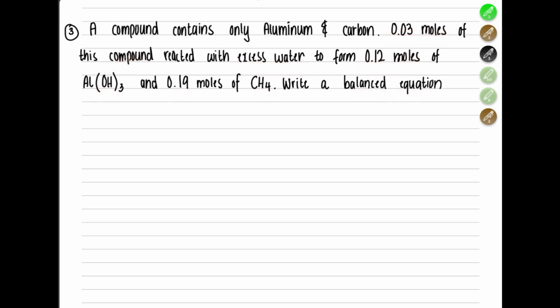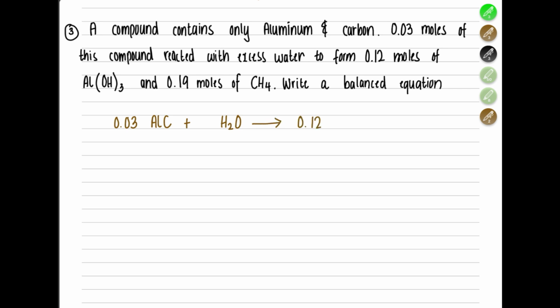Alright, so they told us there is a compound which contains aluminum and carbon only. Now, we don't know the empirical formula, we don't know the molecular formula. We don't know how many aluminum and carbon atoms are present. We just know that it has aluminum and carbon, and 0.03 moles react. 0.03 moles of the aluminum compound reacts with excess water. So we have a lot of water. This reacts to give us